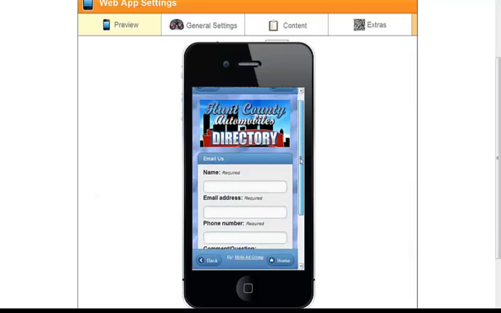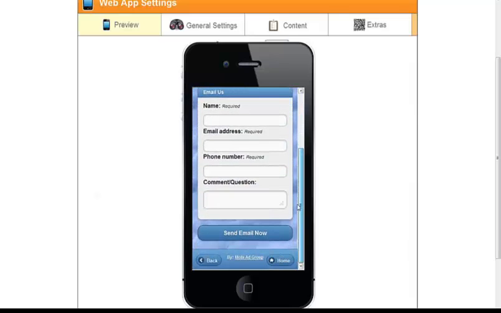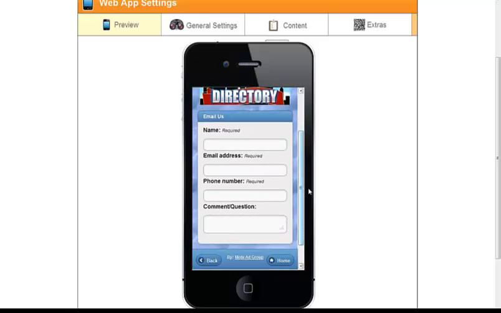Now what that's done is that's created a capture page. Many of you know, and some of you don't, how important it is to get this information, because this is who they're going to market to. So make sure that you use this so that it generates leads for them to go back out in the market to. But they can ask comments or questions. They can do whatever they want.